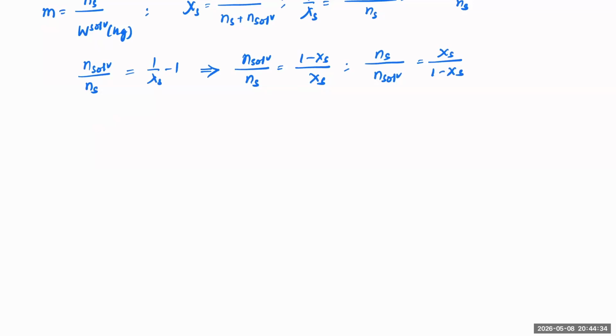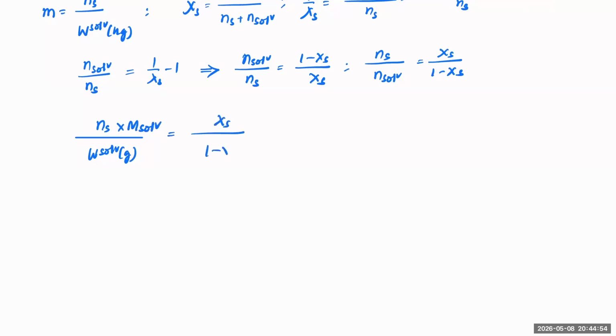Now the number of moles of solvent we can write as the weight of solvent,